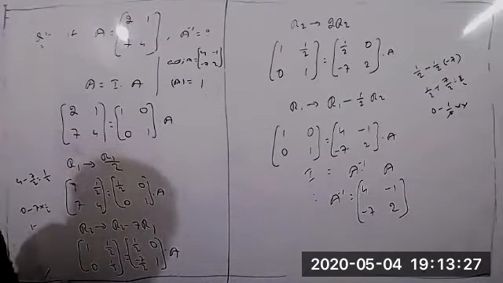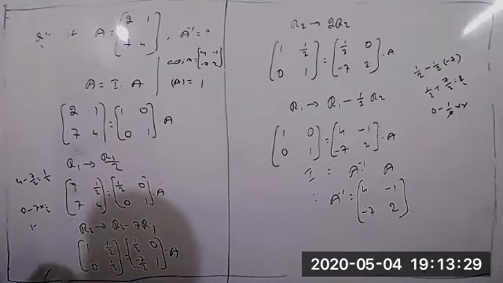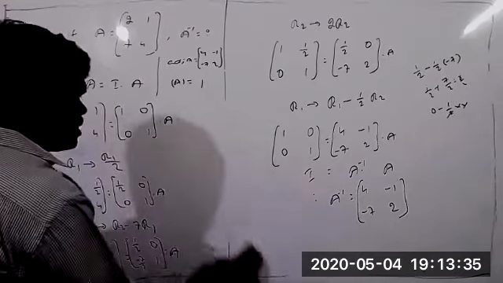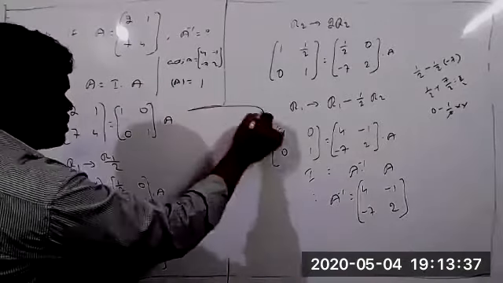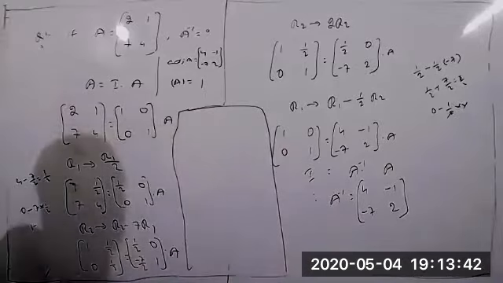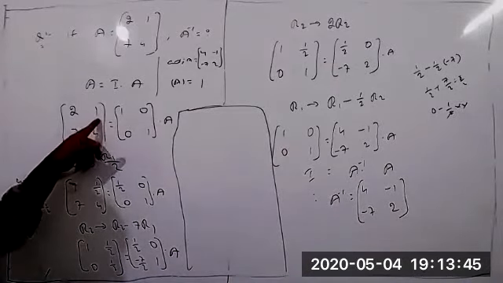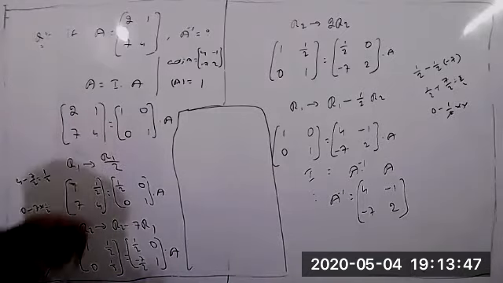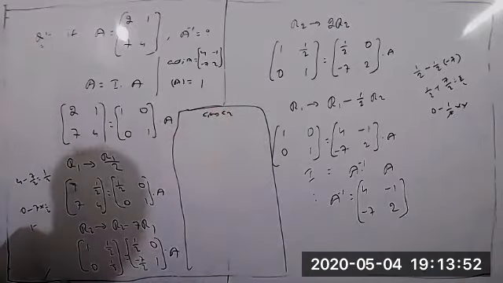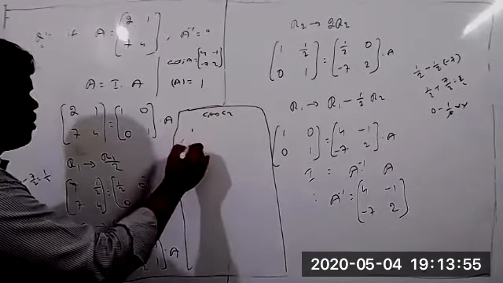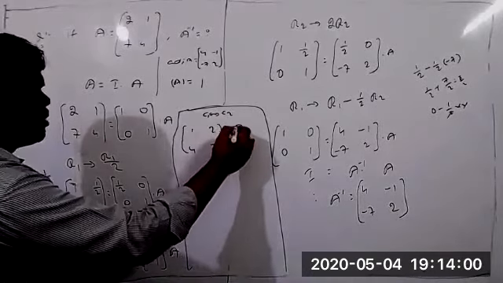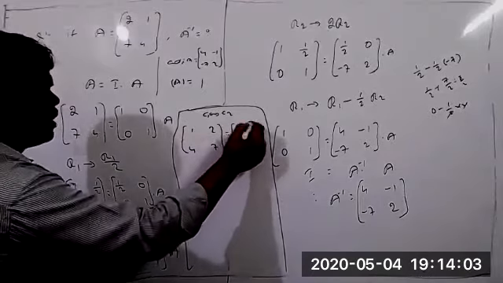Understood? Suppose for the same question, I am applying column operation also. There are some consequences. With row operation we are getting some difficult steps, but apply the column operation once. Just because this value 1 is already there here, interchange both C1 and C2. So C1 interchanged with C2 now. So 1 4, 2 7 equal to 0 1, 1 0 into A.